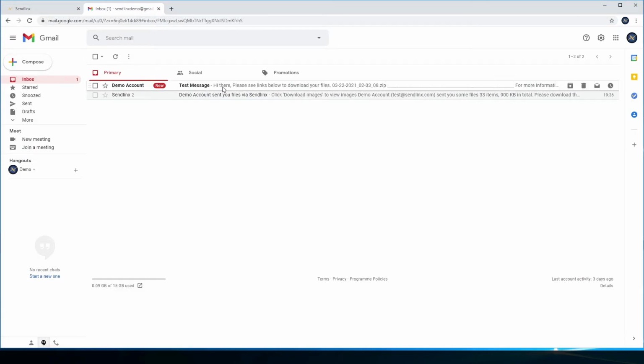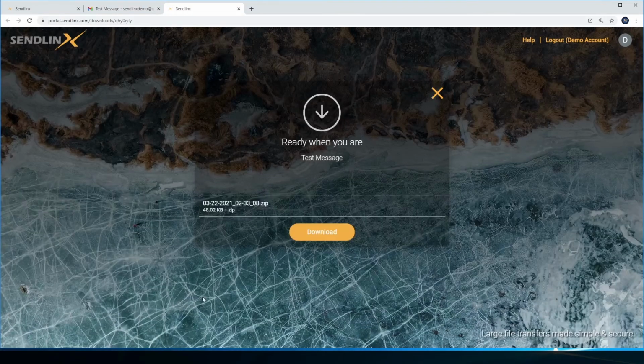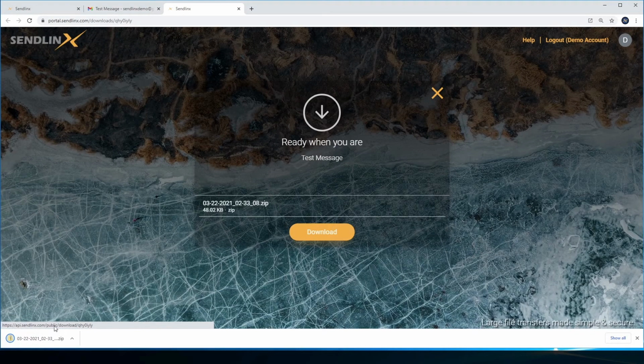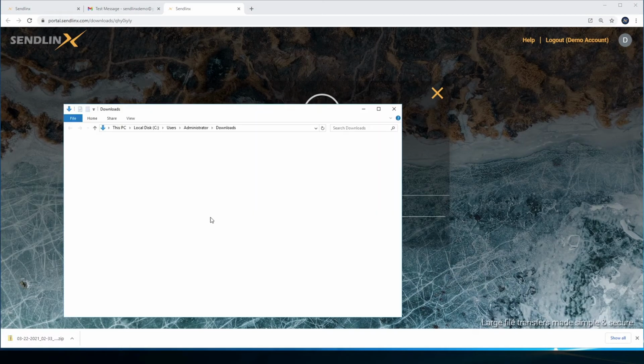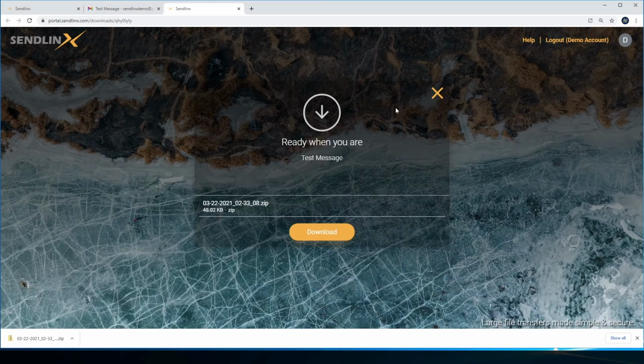There it is right there. If I click on that, and click on the link that is in it, I should be able to go to the download page, and there it is right there, download. And let's open the zip file, and let's go in there and you'll see your two files there. Okay,